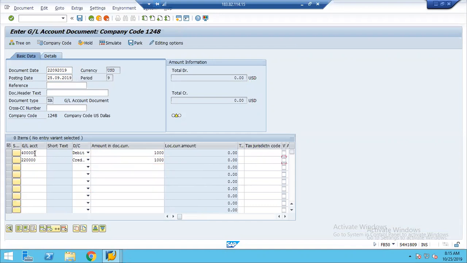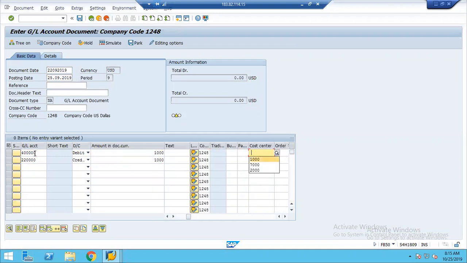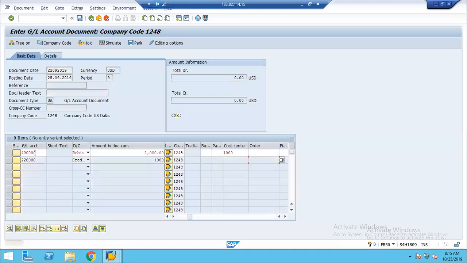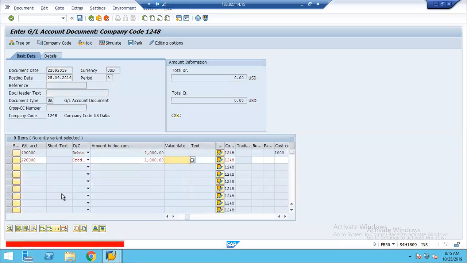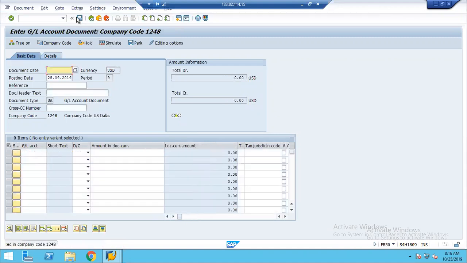Now if I enter cost center here, it will allow me to post the data. Value date, I will say 25th September. That's it. It will allow me to post. But the moment I consider the secondary cost element, it will stop me from posting, because we cannot